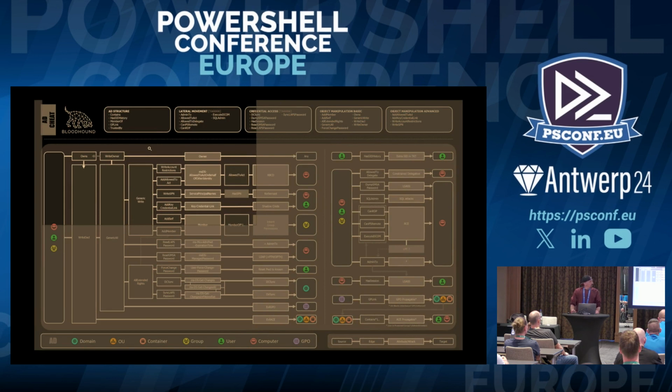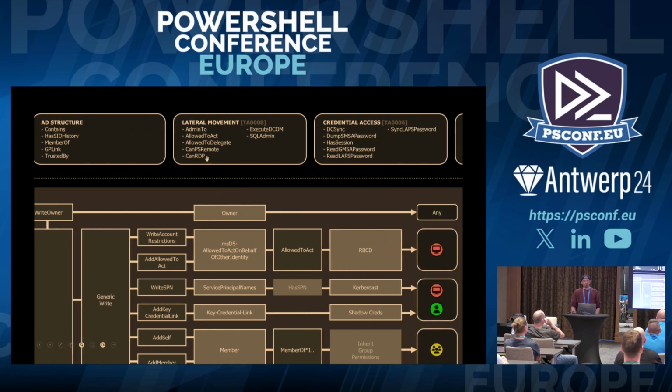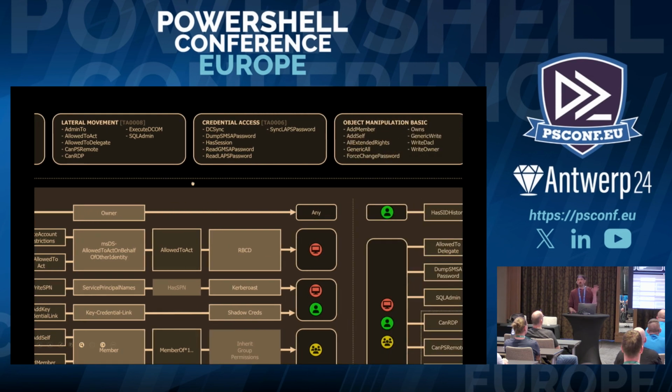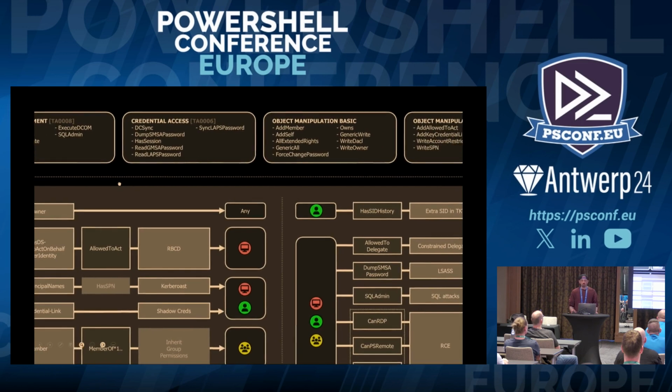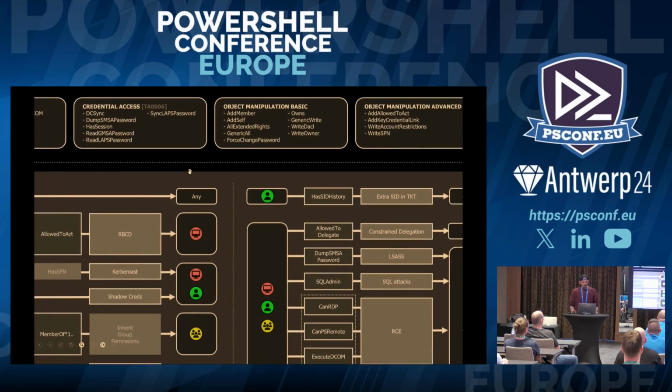I don't like this. So here on top, you will have all the different types of relationships you can have in AD only. So contains, has history, member of, GP-link. All of these are edges, so relationships that can be between two nodes and can be abused. And then if we just zoom out a bit,